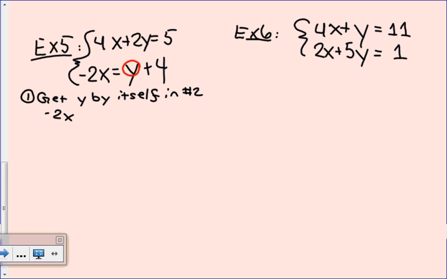So negative 2x equals y plus 4. And our goal is to get this y by itself. Not just y plus 4. So that is how we get y by itself. Good. Now, how many of you would be more comfortable with the y first? That would be it. And it's like y equals